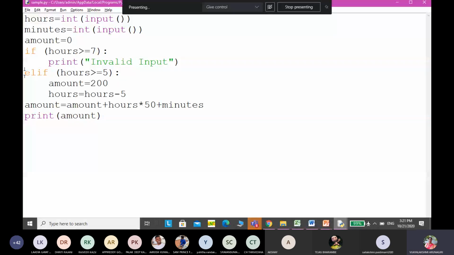So how to make a change in this program?